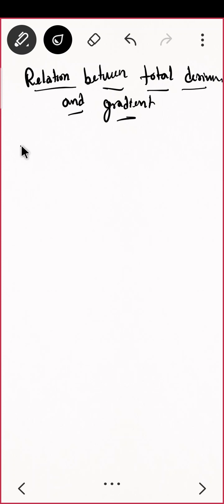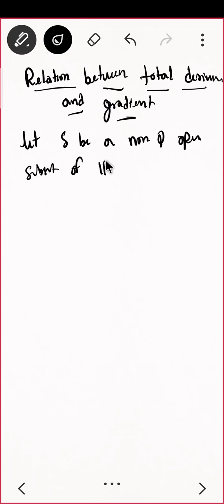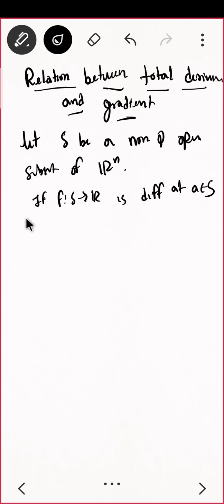Let me just state. Let S be a non-empty open subset of Rn, and let f from S to R be differentiable at a which belongs to S, then